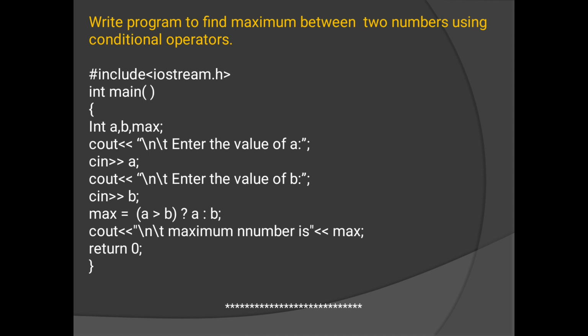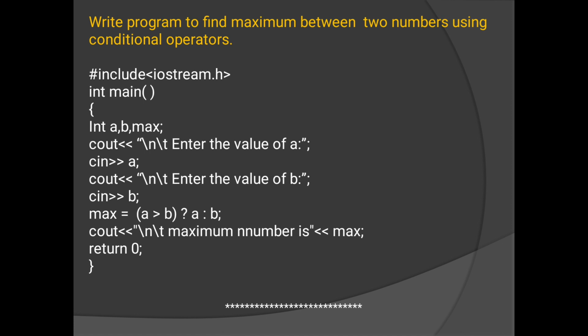Now you can also use the cascading method, students. Instead of writing in four steps, you can write cout, enter the value of a and b, and in the next line, for the C input stream, you can use cascading of the operator, like cin, then the extraction operator a, and again another extraction operator b, and then a semicolon. You try out that method also, and you'll see that it shortens the length of the program.